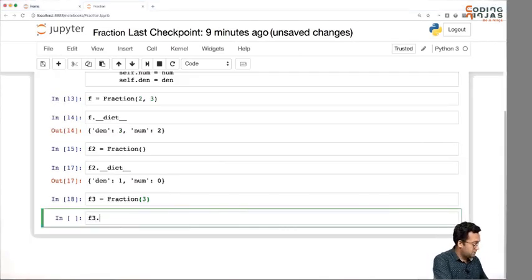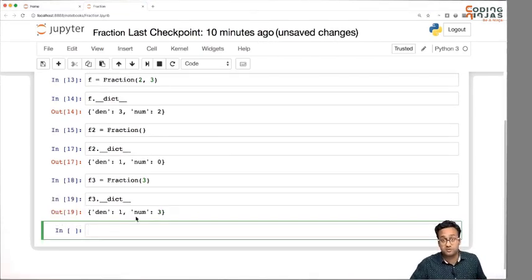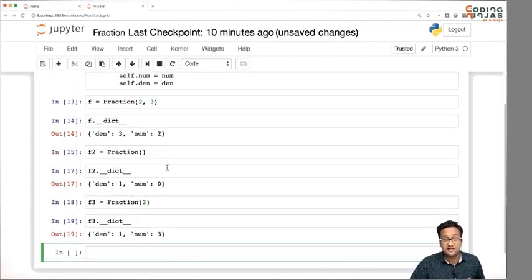So your f3 dot dictionary will look something like this. Numerator is 3, denominator is 1. So it's not necessary that there is only one way to create it. We are able to create it in all 3 ways. It should make sense. In case of student, I don't think a default name really makes sense. A default roll number doesn't really make sense. So whenever you're creating a student, you should pass both the values. But when you're creating a fraction, that's okay, right? We would want the user to be able to pass both. If the user is just passing 1, we can assume that's the value that they want the fraction to take. If they're not passing anything, we can initialize the fraction by default with 0.